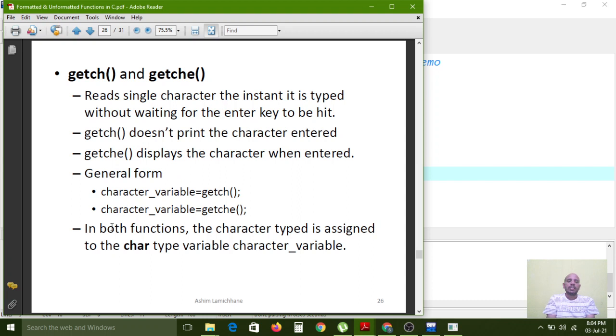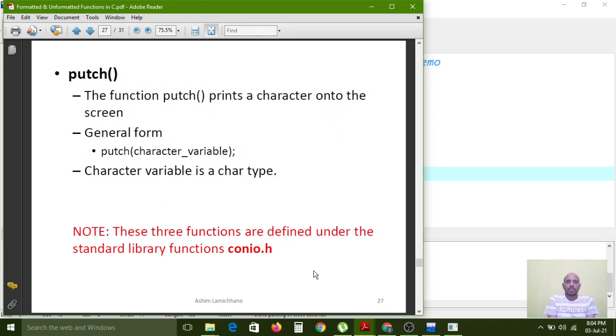Now I would like to explain the putch function also, along with those two functions. The function putch prints a character onto the screen. The general form is the same as putchar, but instead of putchar we use the putch function. These functions are available in the conio.h library.